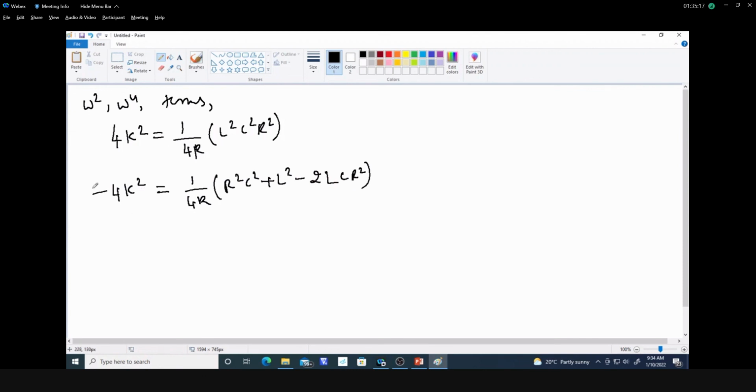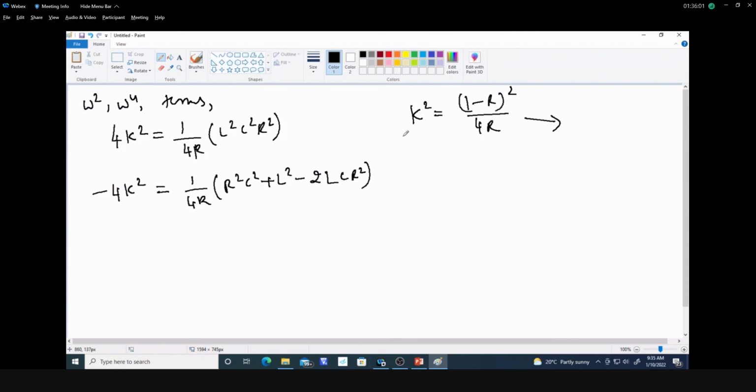Now this can be used to find out the values of L and C. Whatever we have earlier, k square is equal to 1 minus r square divided by 4r. This equation also can be used to find out the values of L and C, where this value should not be unity. If the r value is unity, k will be equal to 0. That is why there will be an impedance mismatch in that case. If the load has a unity impedance, that should not be there. This can be corrected with the quarter wave transformer. By putting the quarter wave transformer at the load side, the mismatch problem can be solved.